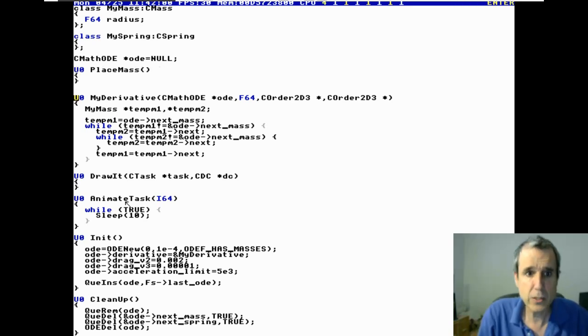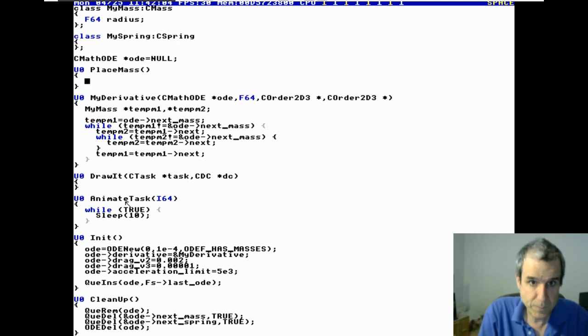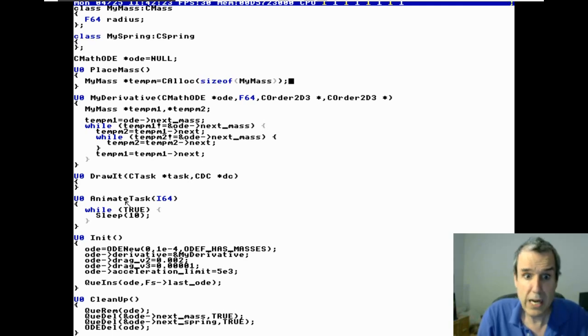Okay, let's go ahead. I don't know. I try to standardize, but oh well. This is a my mass star dbm equals calloc size of my mass. Okay, so